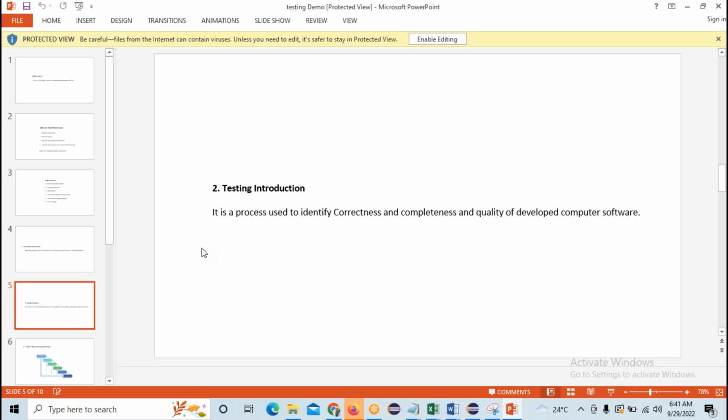In a similar way, if you want to test any application in the software industry, it might be a mobile application, it may be an iOS application, it might be a desktop application, it might be a web application. Whatever application it is, you have to identify the correctness and completeness of the product to provide quality to the customer. Okay, whenever you become a tester, you should think in a negative way about that application.